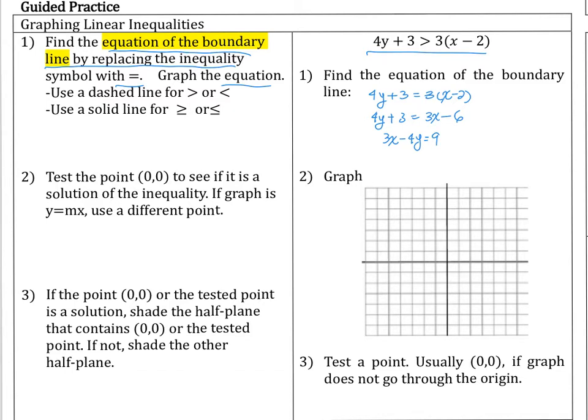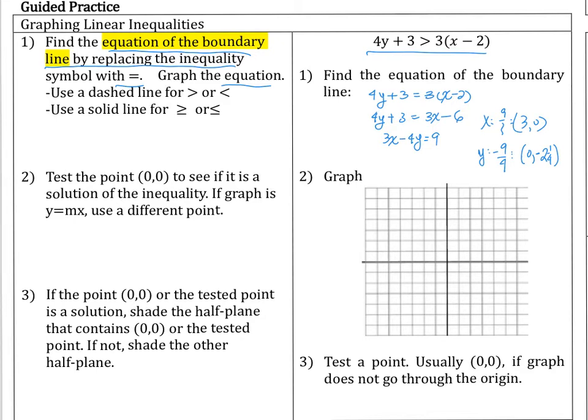And then my x-intercept will be 9 over 3, so it would be 3. And my y-intercept will be negative 9 over 4, and therefore it's 0, negative 2 and 1/4. And then to graph this boundary line,